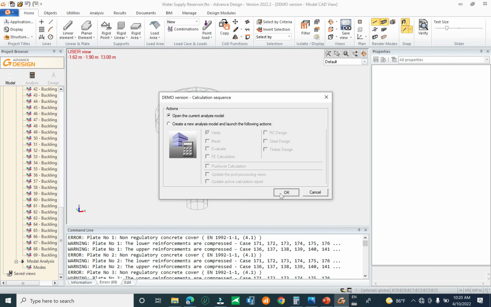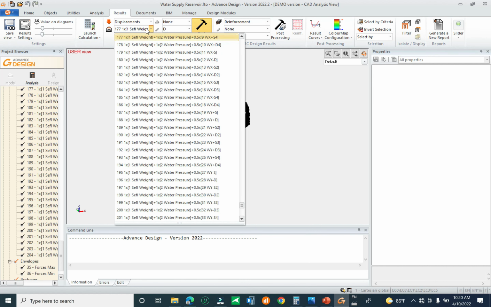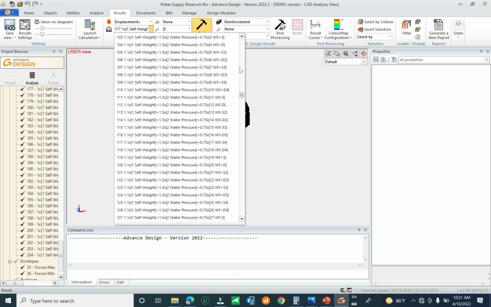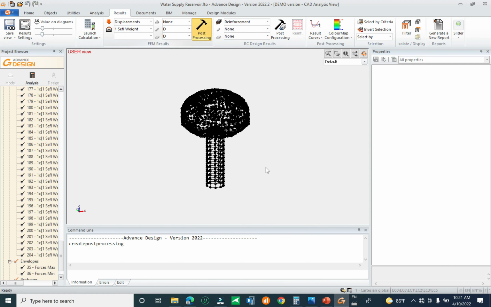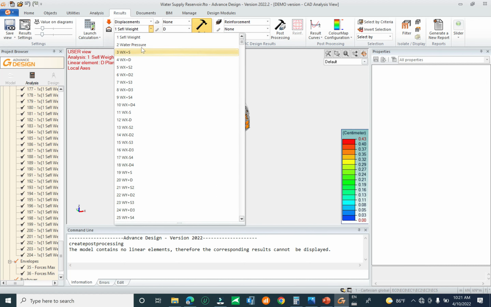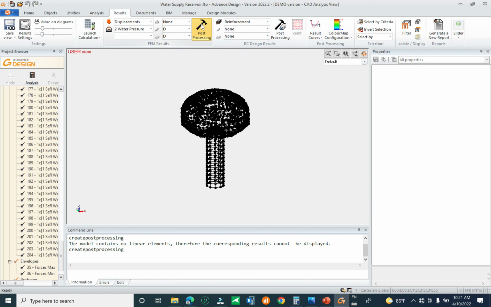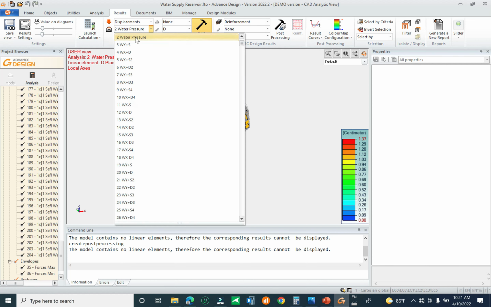Open the existing model. We have to check the displacement. Now we check that. You see here there are a lot of combinations, so your PC will run slower and take much more time to complete this analysis. Now check the maximum deflection in the service case, which is 0.43. Okay, when you apply the water pressure it is 1.73, and when you apply the wind,